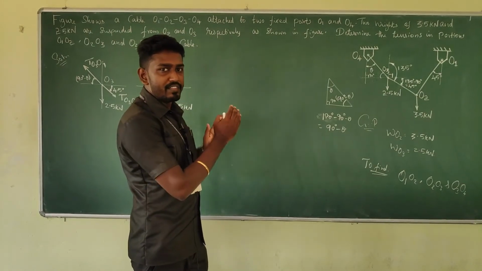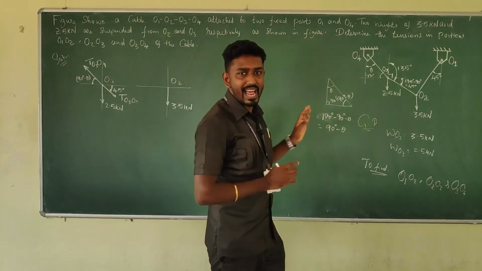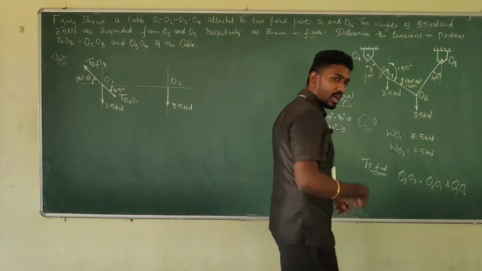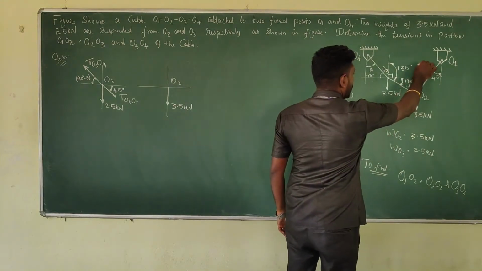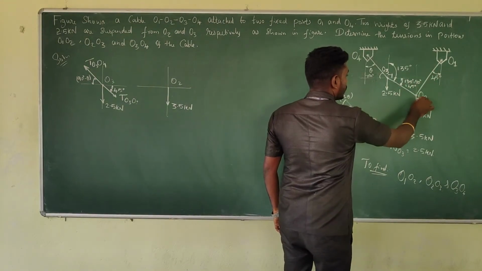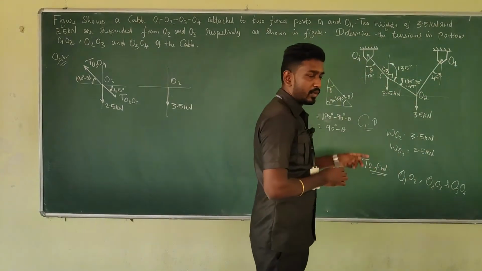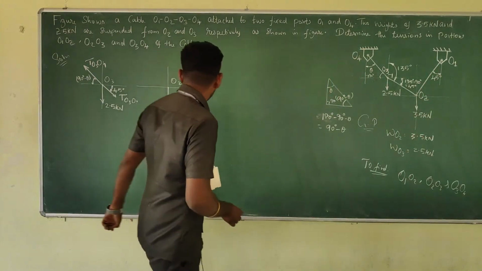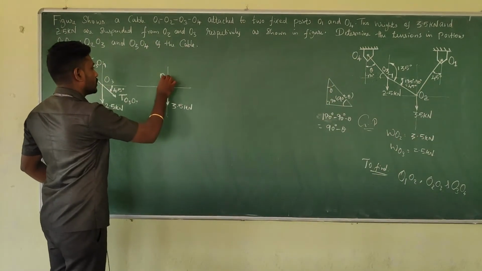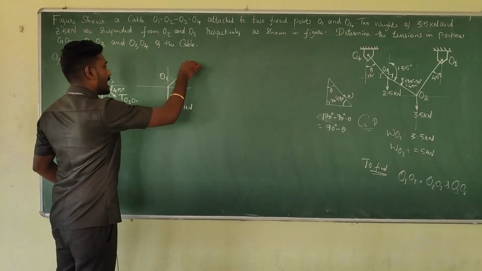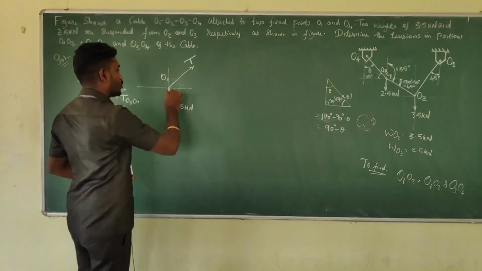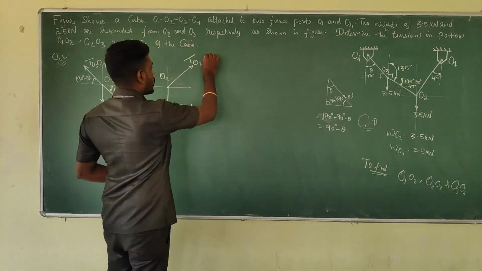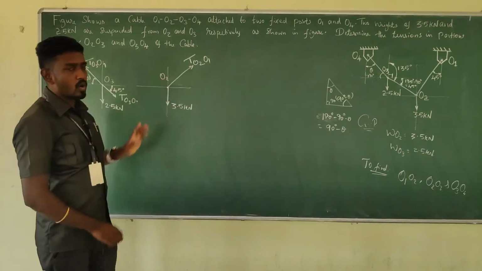Okay, so we know if there is a cable connection, there will be a tensile force, and it acts just outward from the considered point. So from the O, it goes outward. So for your reference, just try to draw cross lines, so that you may get the quadrants. Okay, so it's gonna happen in the first quadrant. Am I right? First quadrant. So in the first quadrant, it's gonna have its tensile force outward from the point O2. So this can be taken as T O2 to O1. The tensile force is moving from O2 to O1.